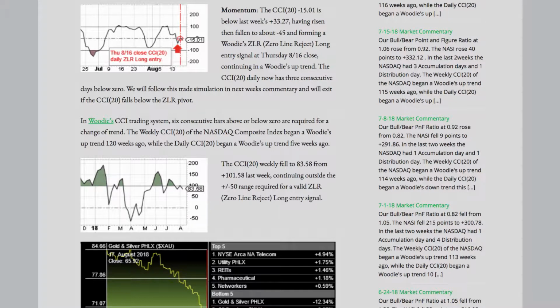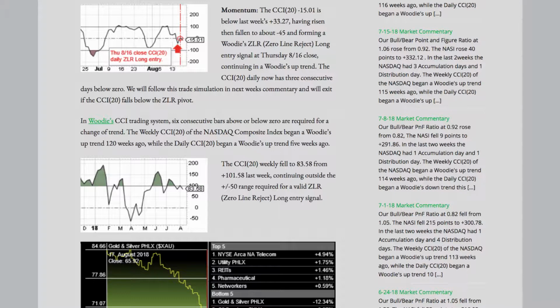The CCI 20 daily now has 3 consecutive days below zero. We will follow this trade simulation in next week's commentary, and will exit if the CCI 20 daily falls below the zero-line reject pivot. In Woody's CCI trading system, 6 consecutive bars above or below zero are required for a